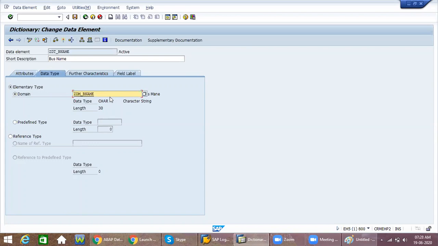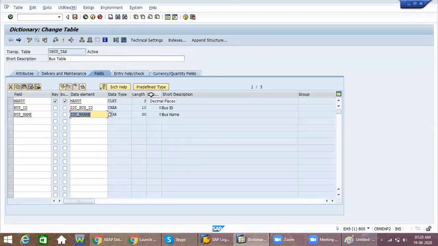So better, whenever custom fields are there, you should go with ZDM and ZDT. This is the best practice for easy analysis. But in real time, whenever you are doing a project, they have some set of rules called naming standards.